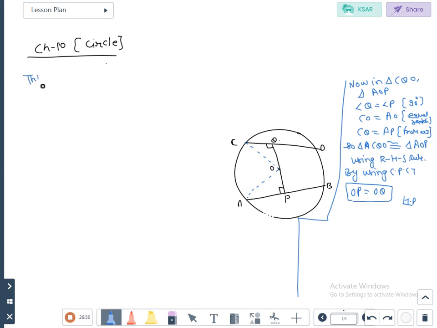What is the statement of theorem 10.7? It is that chords